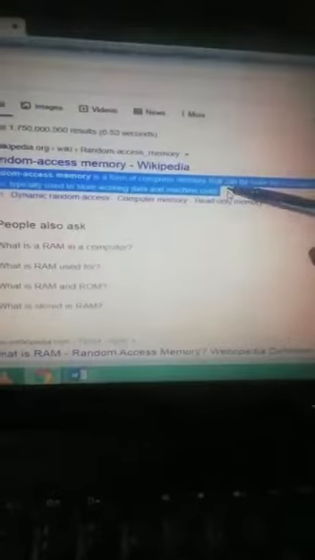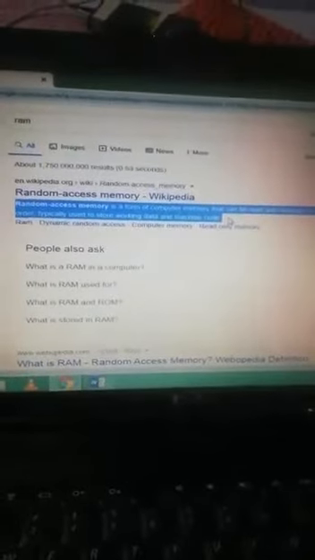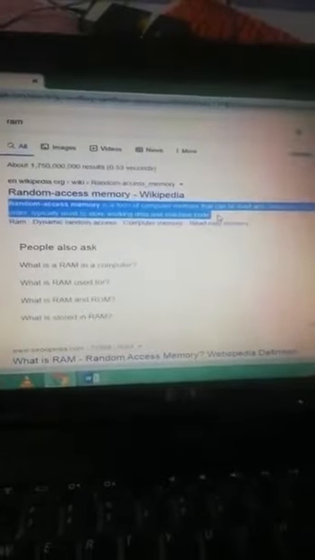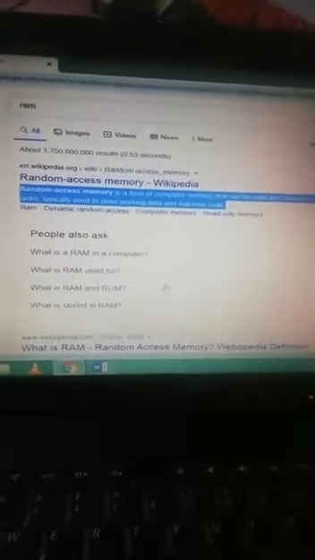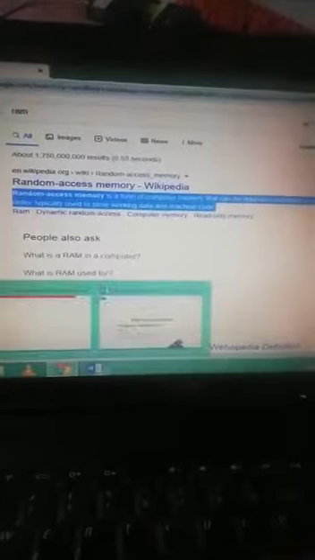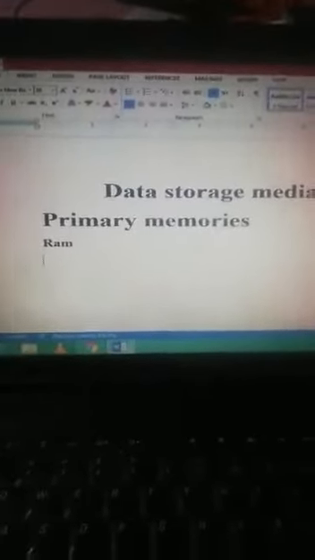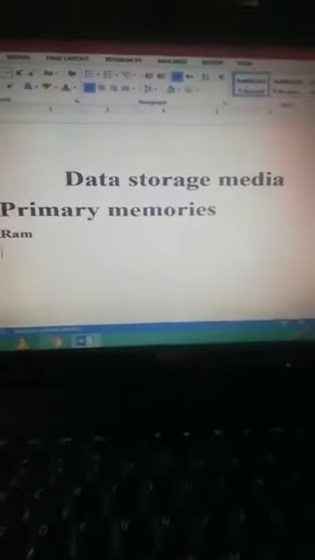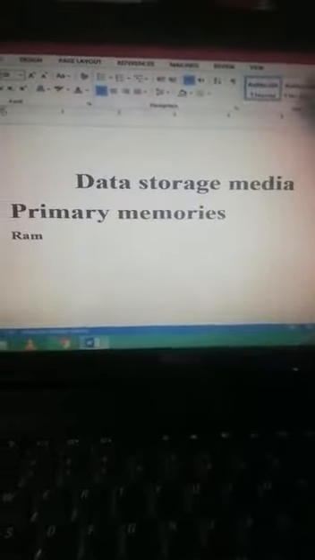Students, as you see, I select the part which I want to copy. You can drag and select the part. Now we have to use the shortcut key of copy, which is Control C. After pressing Control C, we have to open our Word document where we want to paste. Look students, I already prepared a header in which I wrote the chapter name.